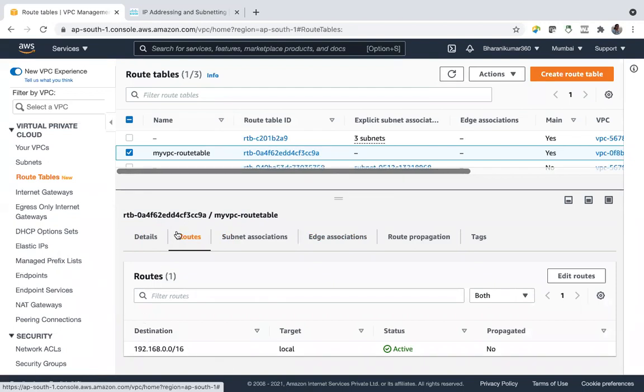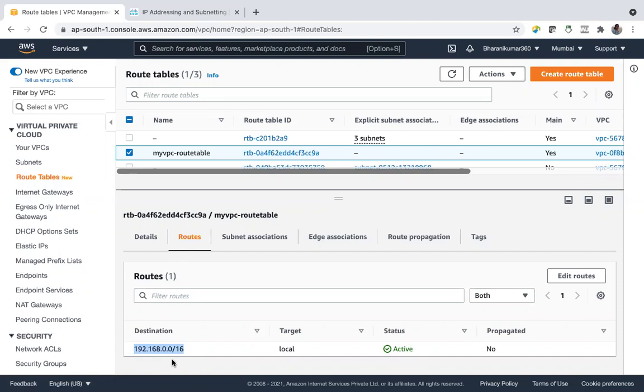As of now, this route table can route traffic within this range only. That means the 65,000 IP addresses which we talked about, right? Within this VPC only, your route table can route traffic.